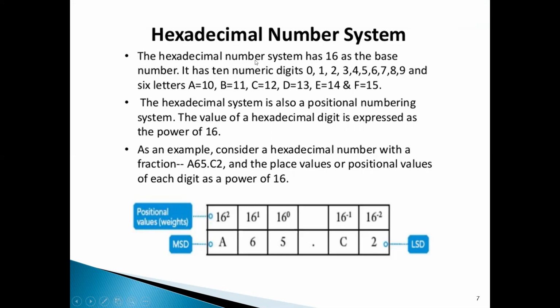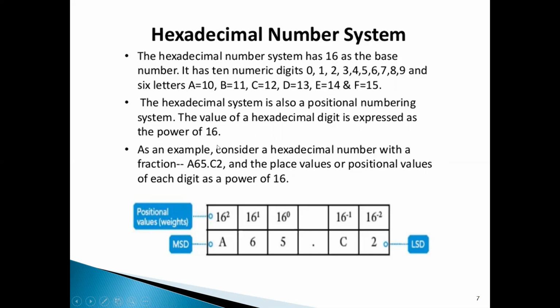So the hexadecimal number system will have 16 as the base number. So digits will be from 0 to 9, and the numbers from 10 to 15 will be represented in alphabetical order as A as 10, B as 11, C as 12, D as 13, E as 14, and F as 15.